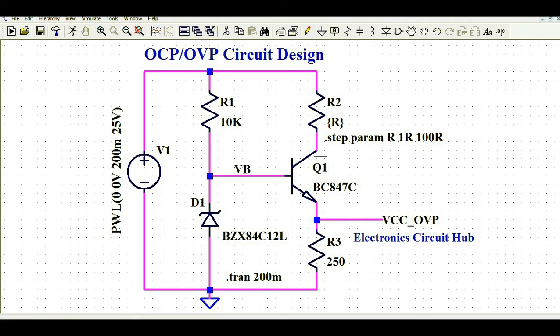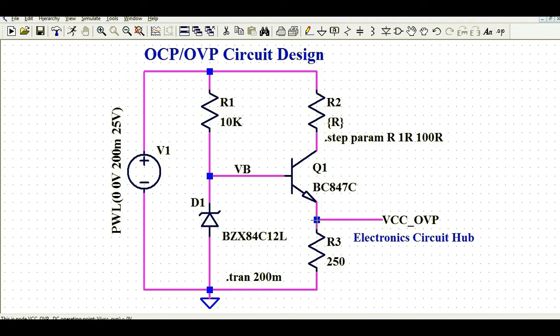Okay, then only this Q1 turns on. So what will happen is, if you apply this loop, this is 12 volt, and if you consider the VBE voltage here, from here to here, that is 12 volt minus 0.7 volt drop across VB, you will get around 11.2 or 11.3 across this R3 resistance. That means your OCP over voltage will be 11.2 or 11.3. We'll see in the simulation how much voltage you are getting across this R3 resistance or this point.